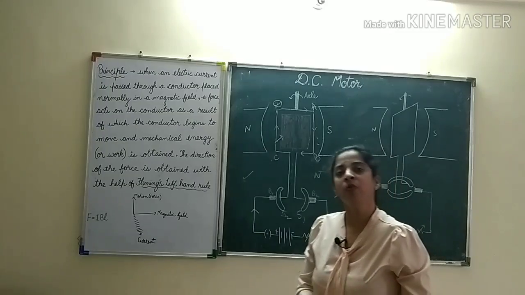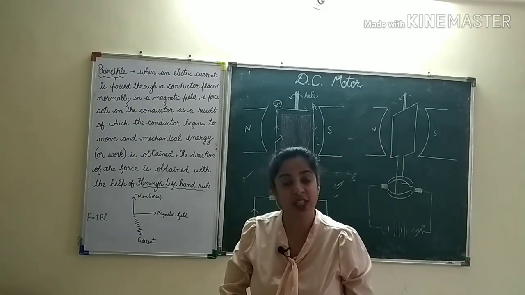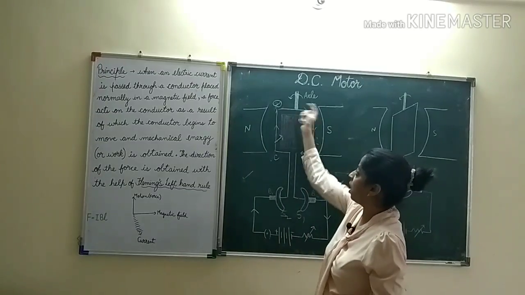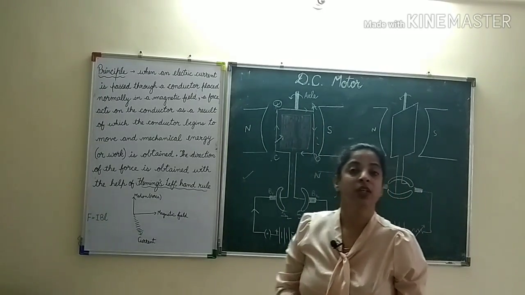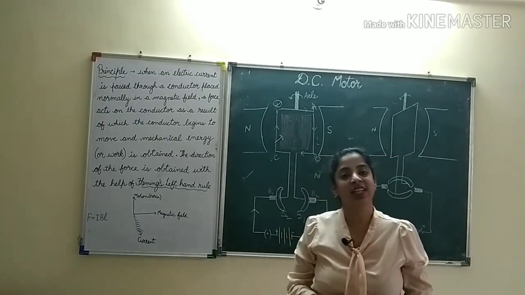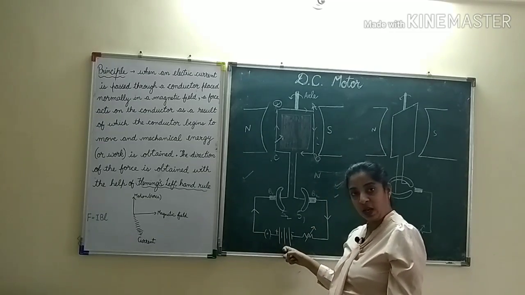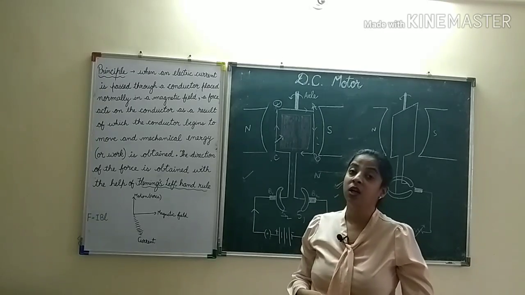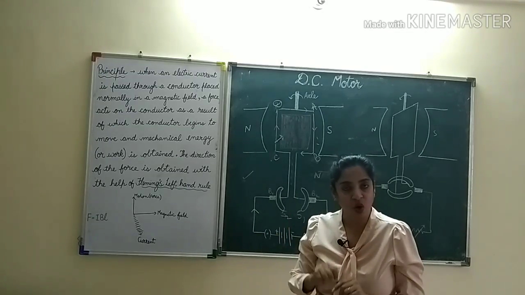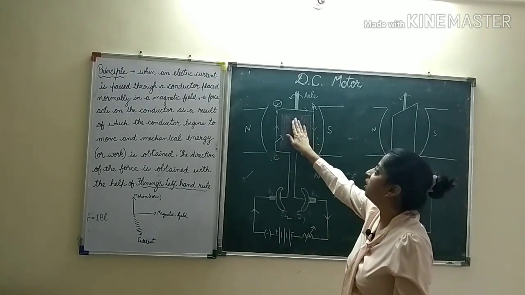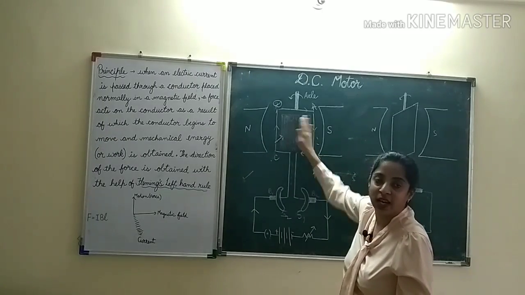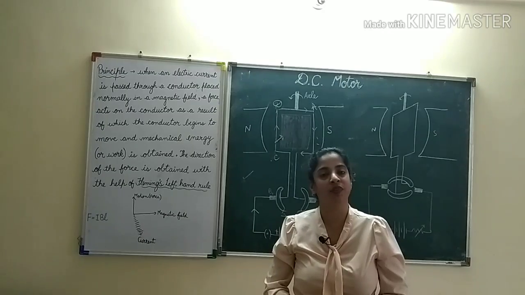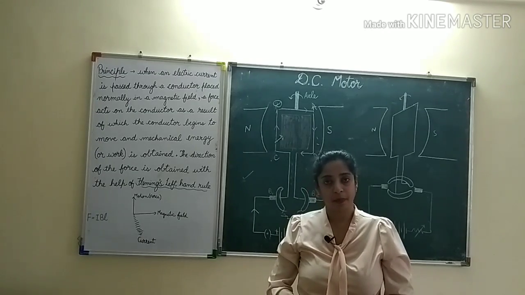Now one more question that is asked from this section is, how do you increase the speed of rotation of your axle? So one, we can increase the strength of the current that we are supplying here. Second, we can increase the number of turns in the coil. Third, we can increase the area of the coil. And fourth, we can insert a soft iron core inside. So these are the four ways by which you can increase the speed of the turning of the coil.